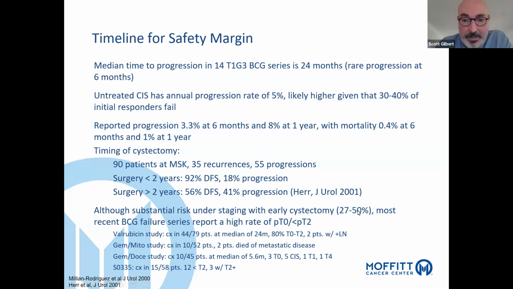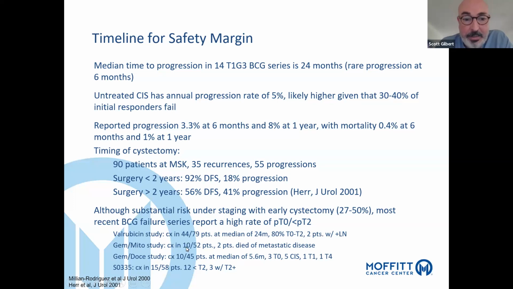And if you look at their pathology outcomes, not all of them are still non-invasive, right? So in the Valrubicin study, cystectomy was performed in over half of the patients at a median of 2 years. 80% were between either no disease in the bladder or muscle invasive. I need to break that out to show how many patients were muscle invasive, but 2 patients had positive lymph